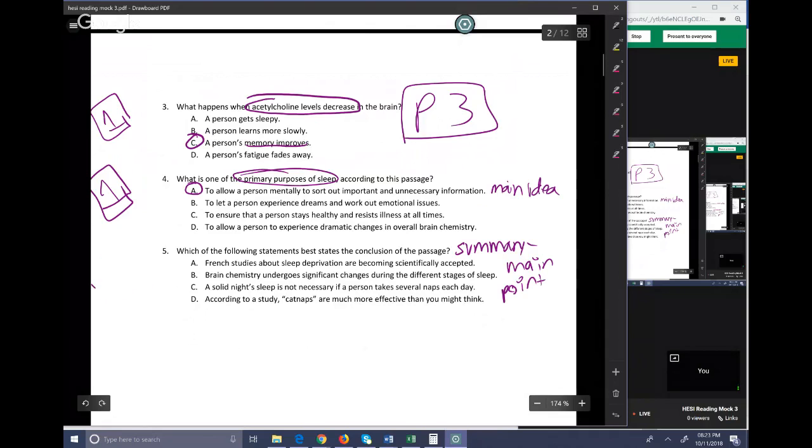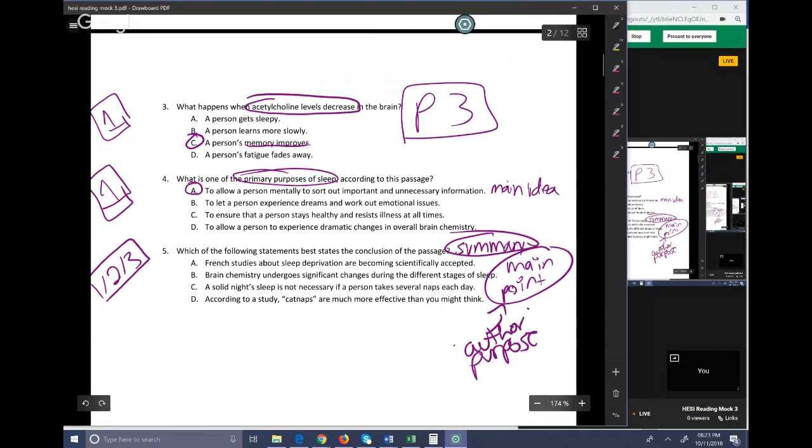But actually, I'm going to say you could get this out of reading 1, 2, and 3 combined, because it has to do with being able to sort of form a summary, being able to think about the main point, and being able to think about the main point in context of what the author's purpose was. What was the author really trying to convey? Again, if you used critical strategy, this was easy. The main point was D. So we got study in there, which is very important. We got catnaps, and we have that they're more effective than you might think. That essentially reiterates that first main idea sentence.